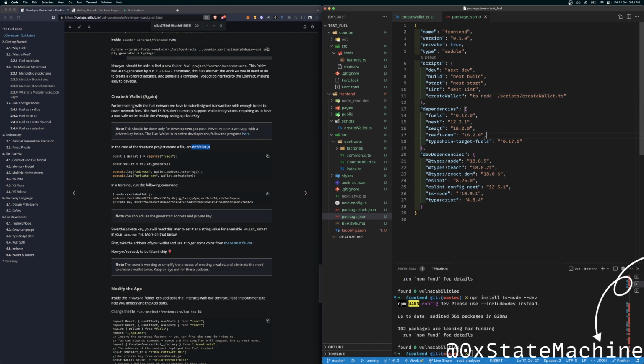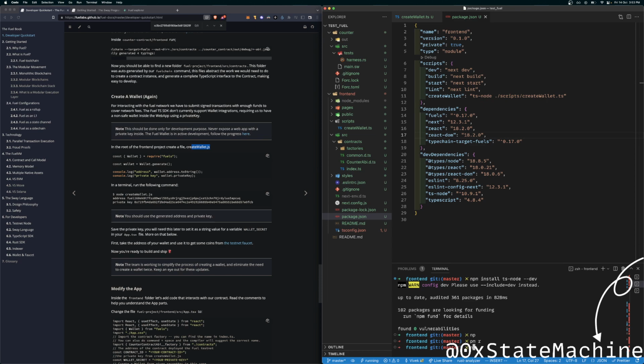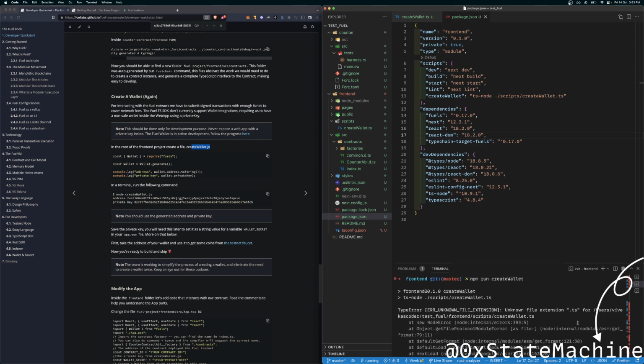Oh, okay. Still can't run it. Unknown file. Why? I'm running it using ts-node.